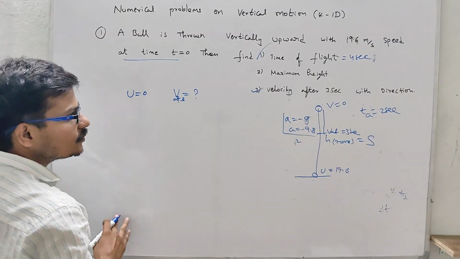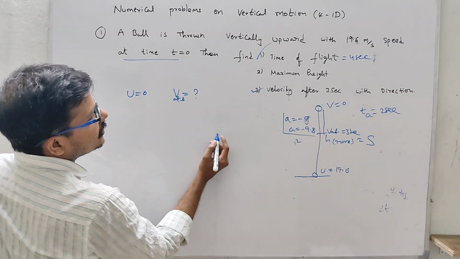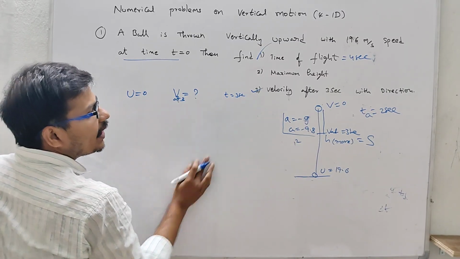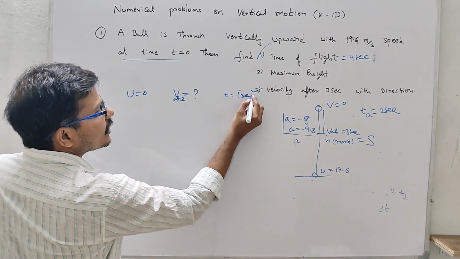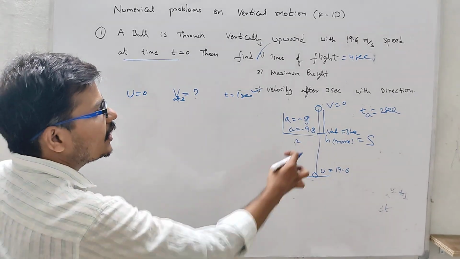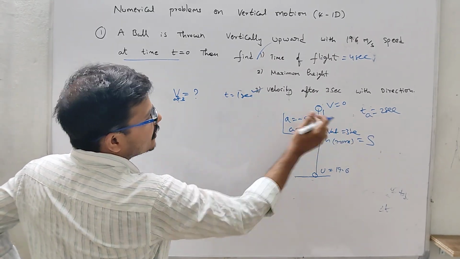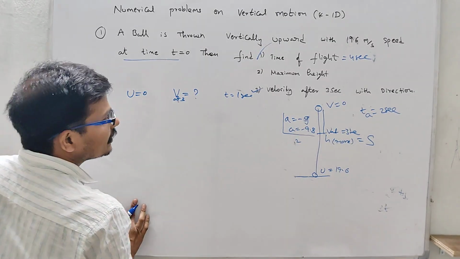Okay. So now do we have any other information? We have a time. Okay, time is 3 seconds. But we have to consider 1 second only, why? Because already 2 seconds are completed. So the next second is coming, which means the next 1 second is nothing but the third second.